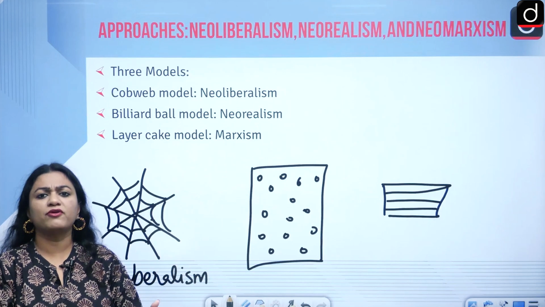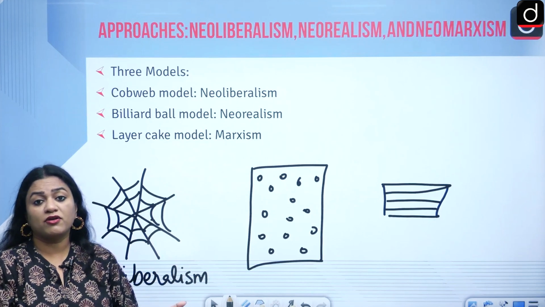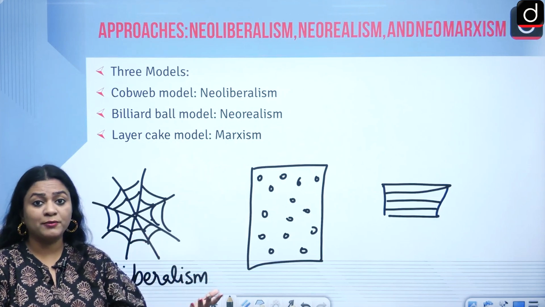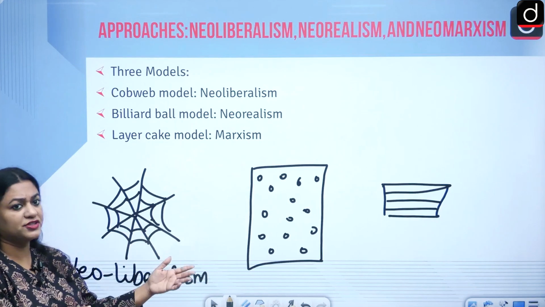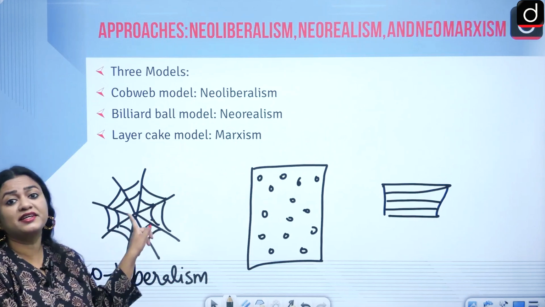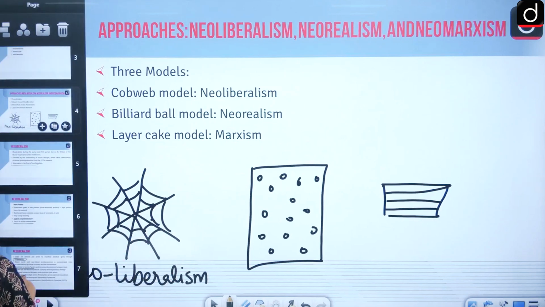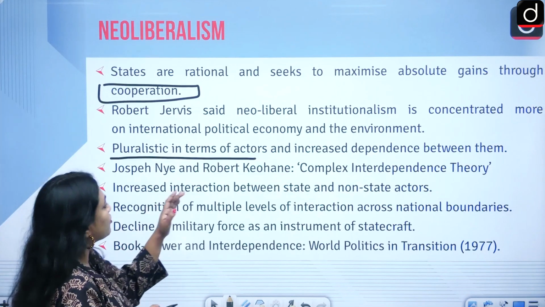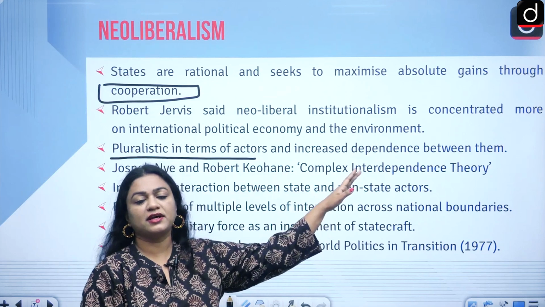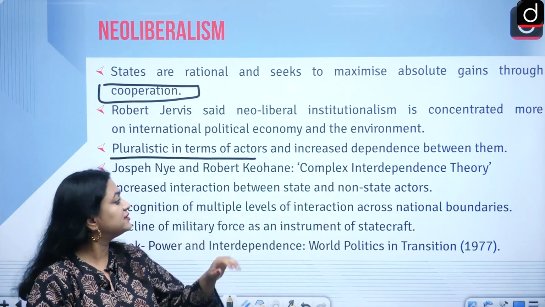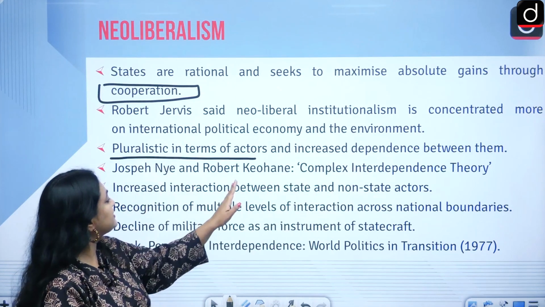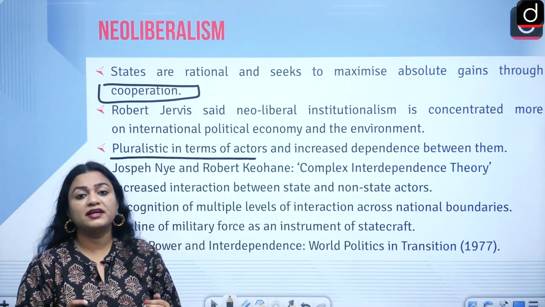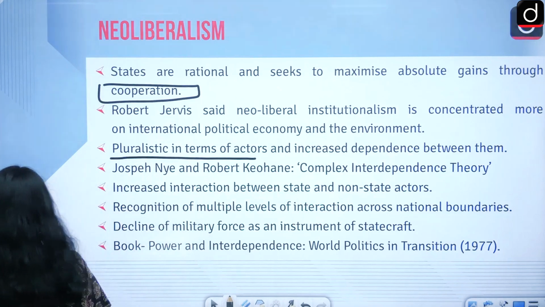So, how can you go for war? How can you think about war or a conflictual situation? You cannot go for proxy wars or cause any harm to your neighbor or other countries, because there is interdependence. Okay. Now, going back to our lecture here. Robert Keohane and Joseph Nye have given this complex interdependence theory. Increased interaction between state and non-state actors. When they talk about non-state actors,